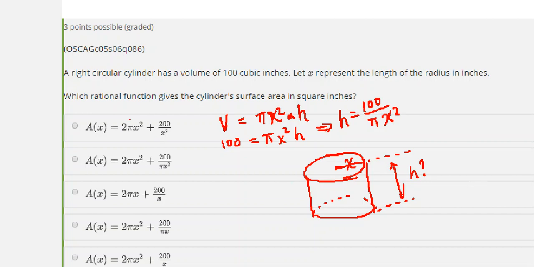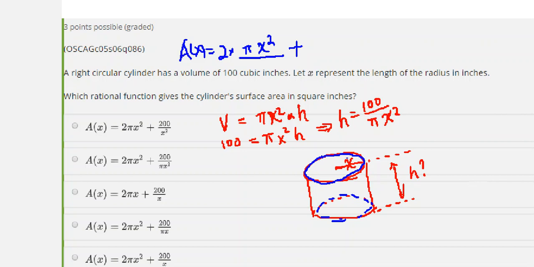So now let's take a look at which rational function gives the cylinder's surface area. To find the surface area, we do notice there are two circular surfaces, right? One is on top, the other one is on the bottom. So we need to find that. Therefore, my surface area A of x should be equal to twice the surface area of these two circular surfaces. So the surface area of these two will be pi times x squared, twice that because one is on top, one is on the bottom, plus the surrounding surface area of